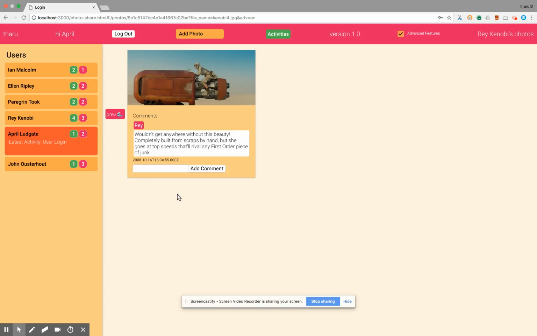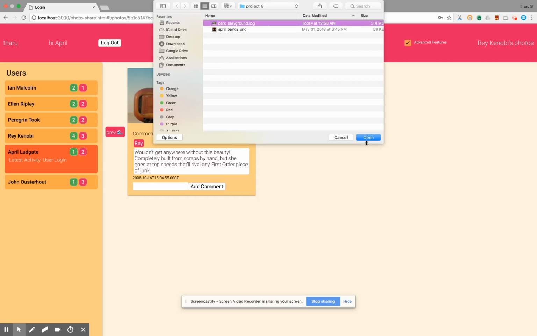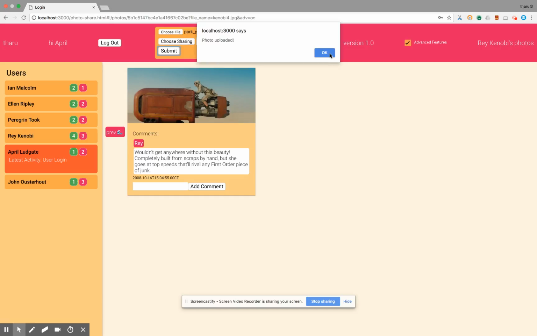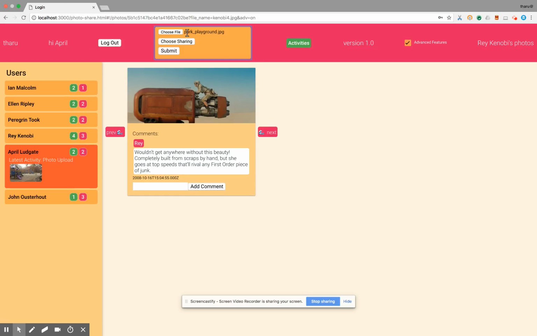The next story was the visibility settings for photos. So we can try this. So let's say April wants to add a photo. So she's going to choose a file. And here's a photo of a park. And she's going to share it with her friends, Peregrine Took and Ray Kenobi. And that's been uploaded. And in a second, I'll show you what it looks like to look at the photo as someone else. But first, let's now try adding a photo